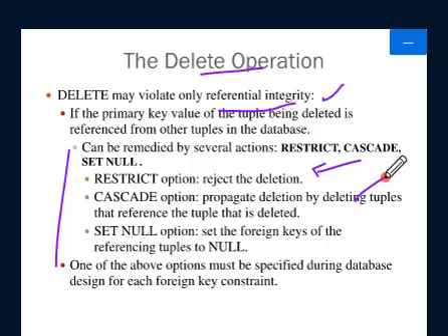I can put the students in other relevant branches. If electrical is closed, I can put the electrical students in the electronics branch, where the subjects are almost the same. So I can set the value to null for the time being, or set the default value. These are some of the actions I can take when I perform the delete operation.